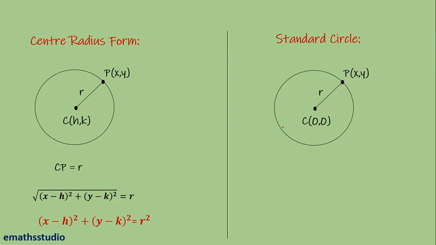Now what will be the equation of the circle in this form? See, it can be obtained easily with the help of this equation. The only difference is that h and k are to be replaced by 0, 0. That is the only difference. And then the equation becomes x square plus y square is equal to r square. This is the equation of a circle having center at origin. So we are done with the two equations. One is the center radius form, the other one is the standard circle. By the way, just remember we have derived the equation of the standard circle with the help of the center radius form only.